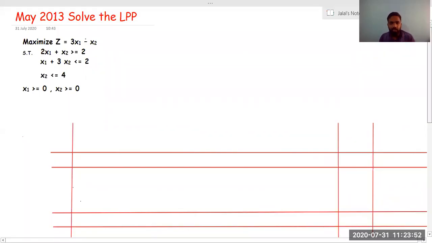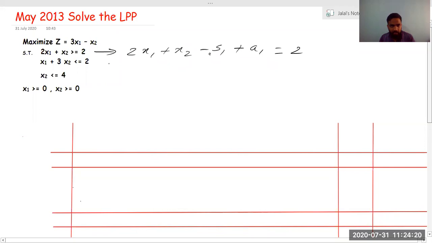This is the same question that we did by big M method. Now what we will do is, we will use another method. It is same. What is the first equation? 2x1 plus x2 minus s1. So whenever there is minus of something, whenever it is greater than, we will add a1, which is equal to 2.